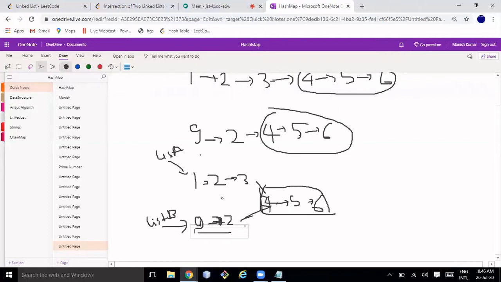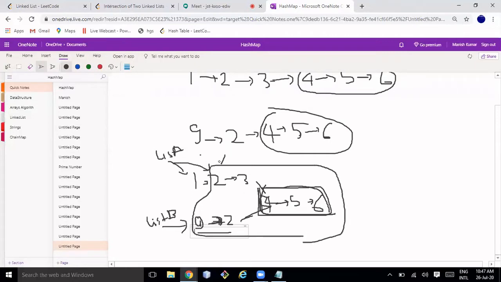So you have to reach some point where the number of elements after that node is equal. So what does it mean? You have to shift somewhere, or move this list such that the total number of elements in the list is equal to this.